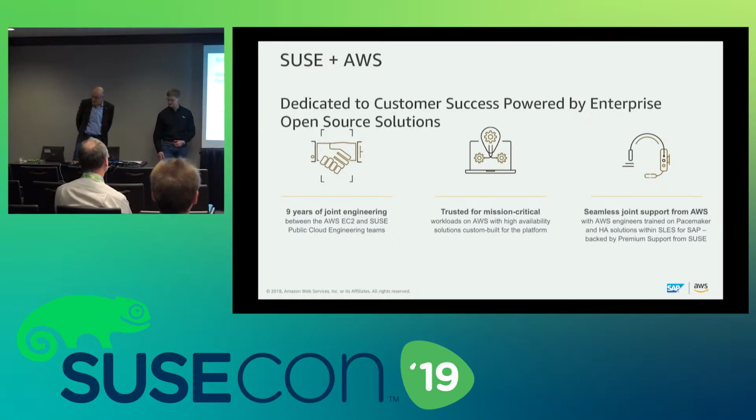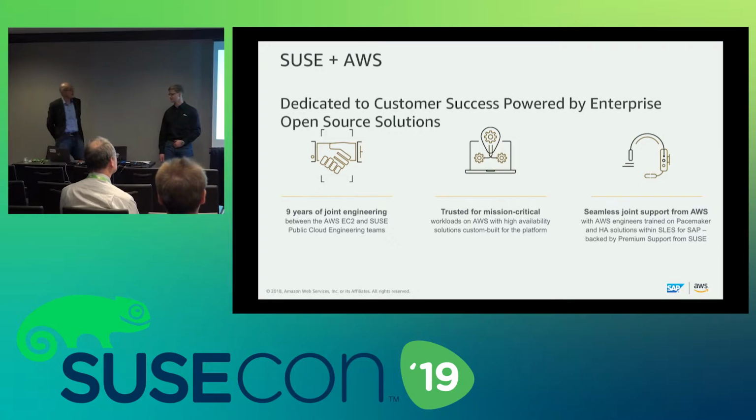Well, this is a slide which simply summarizes that we have an integrated seamless support. We already discussed it. We work jointly together for quite a period. As we already discussed before, SUSE and AWS will give you a relatively decent AMI, which has the latest patches installed. We refer to this as a shared responsibility model. We give you a decent AMI, and then it's up to you to patch your system on your own, because we don't know when you have downtimes with your application. As soon as you operate your system, it's your own responsibility to patch it appropriately.